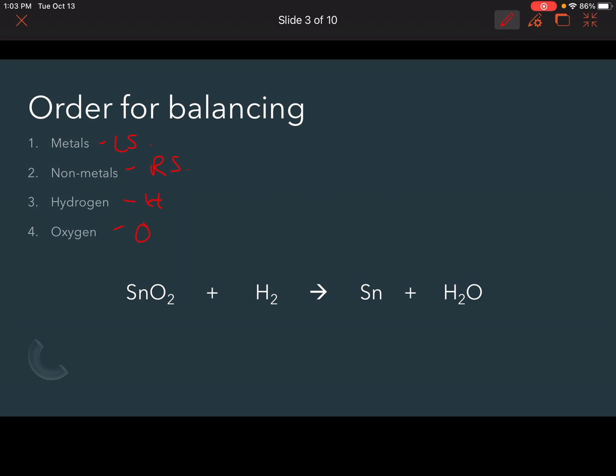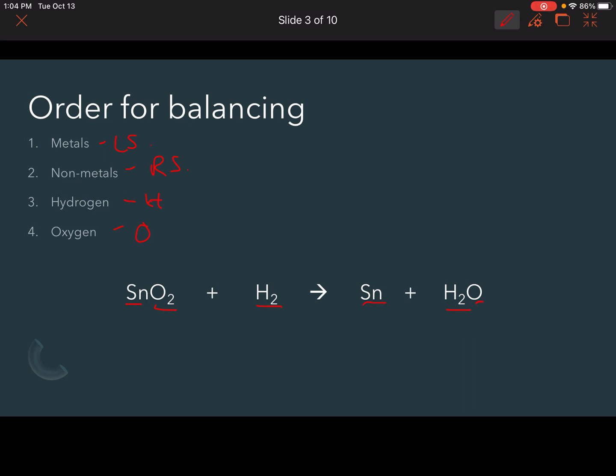So looking at this one with the tin oxide here, if we follow our rules here, we're going to start with our metals first. So I've got one tin here and one tin here. So good, they're balanced. Now I want to balance any non-metals. Now, non-metals, obviously we have hydrogen and oxygen, but I'm going to consider those separately. So then hydrogen, I've got 2 here and I've got 2 here. Good, balanced. But oxygen, this is where we have our problem, right? I've got 2 oxygens on the left-hand side, or the reactant side of the arrows, and I've only got 1